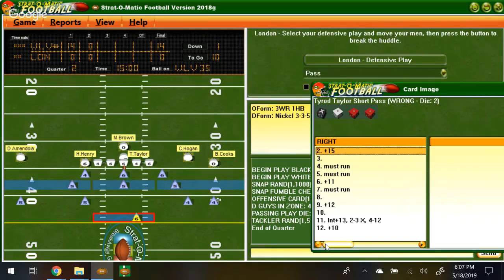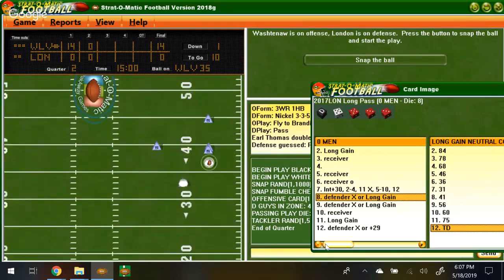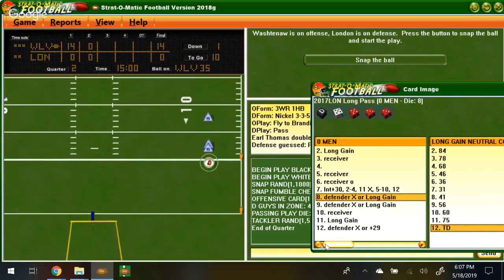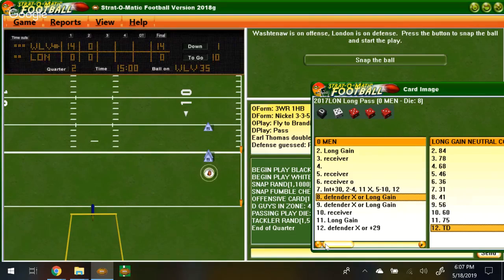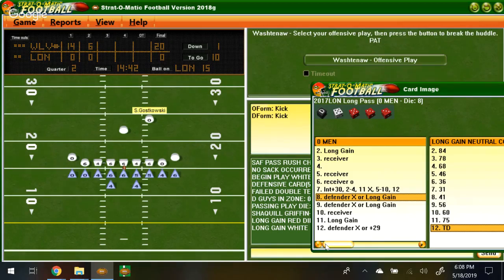This might be the last good card he has for a while, unless he finds his way out of Cleveland. He did start with the Browns this year, only to be put to the bench by Baker Mayfield, the very strong quarterback. And would you look at this? It's 21-0 on a defender X or long gain, dials up a 5. And that pass was completed from Tyrod Taylor